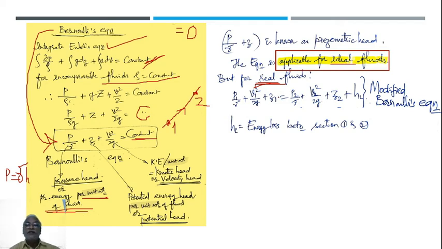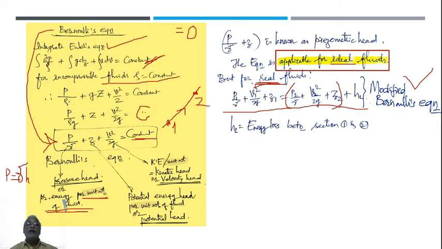So if I just equate it to P2 by gamma plus V2 squared by 2g plus Z2, this term will be obviously less by an amount that is the head lost from 1 to 2. So that's why that head loss term is added, so that it becomes an equation. Equal to sign will be in between. So this is HL. Now this form of Bernoulli's equation is known as modified Bernoulli's equation, which is applicable